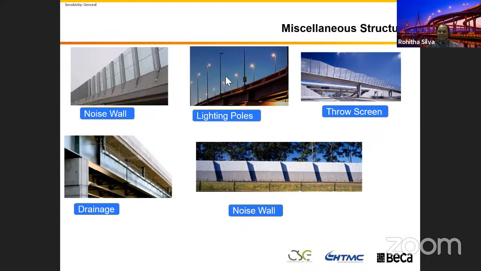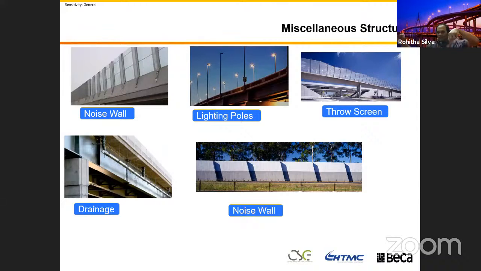Therefore, when you design and detail these minor elements in the bridge, you have to pay a lot of attention because they are small, they are minor. You can't neglect them because they have a function, and the chance of collapse of a bridge beam or bridge pier is very rare compared to a noise wall bolt or lighting pole. Still, you are driving at 100 kilometers per hour, and even a small nut falling from the vibrating bridge